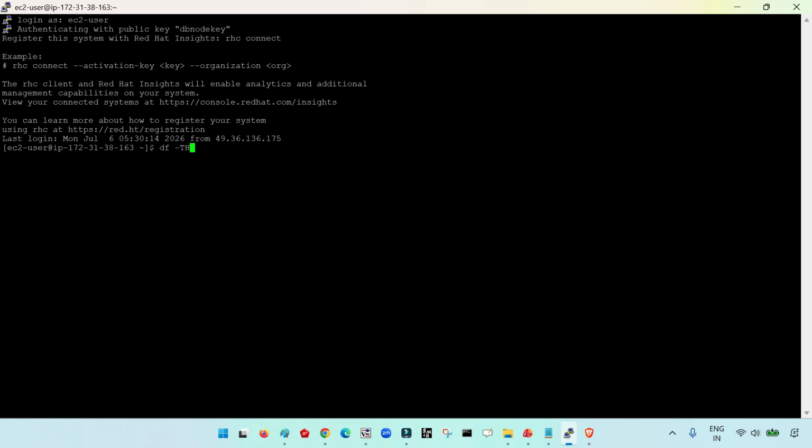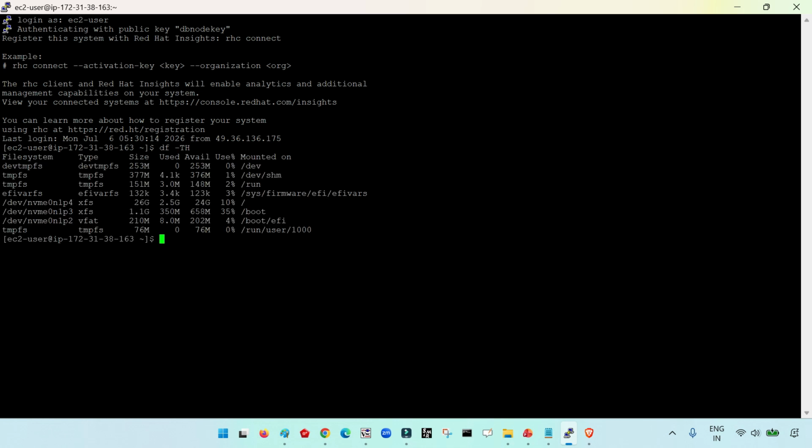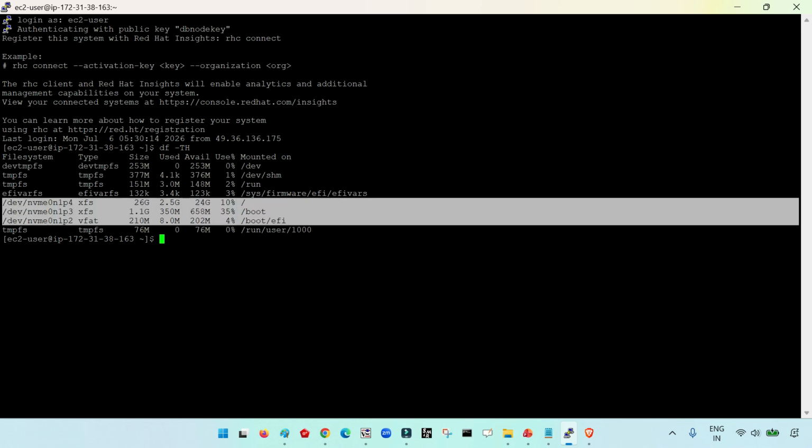EC2-user. Okay, so if I run df -th, this is my root volume, whatever you can see here. So if I run the